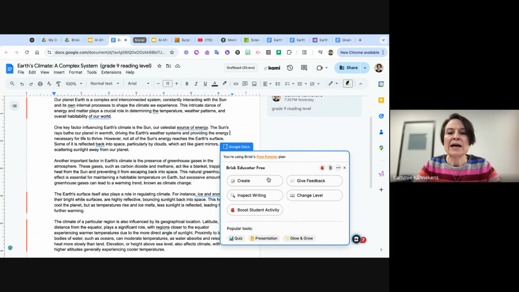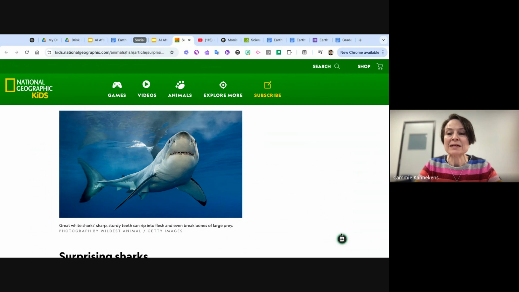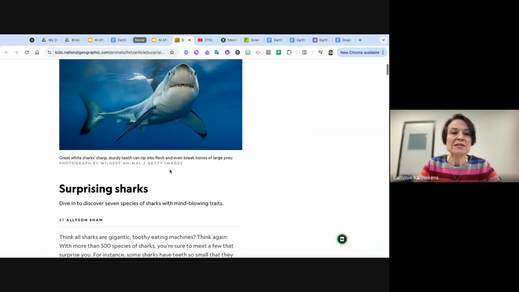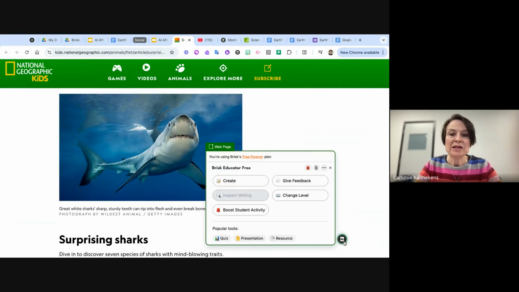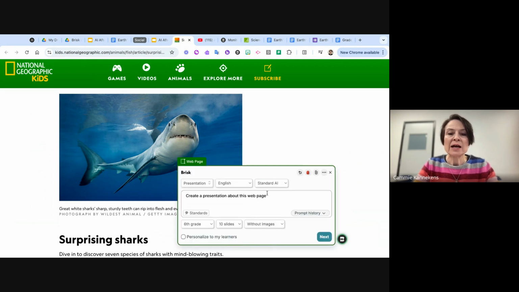And that is available also in the other places, such as we want to make sure we take a look at showing it from a website. So same thing here. This is a website about sharks. You'll notice it's green. I think that's their website color. Here I have Boost Student Activity. I could make a presentation. We haven't tried that one yet. So I'm going to click on presentation, create a presentation about this web page,